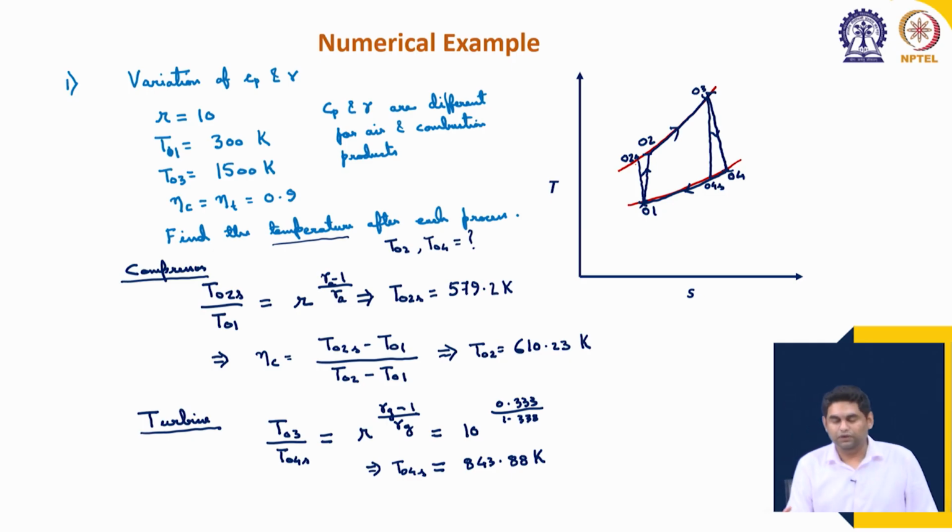Again, I have done the calculations already, so I am directly writing the values. In your case, you should pause and you should try to do the calculations and match the values, verify the values. It can happen that my values may not be correct, your values can be correct, but the procedure is going to be correct. So, now using the definition of isentropic efficiency, which for turbine remember is (T03 minus T04) actual temperature drop by ideal temperature drop, opposite of compressor, (T03 minus T04S). This gives us a value of T04 equal to